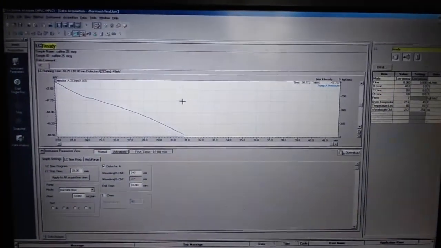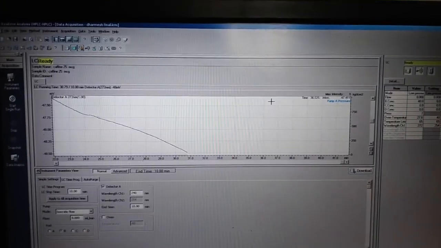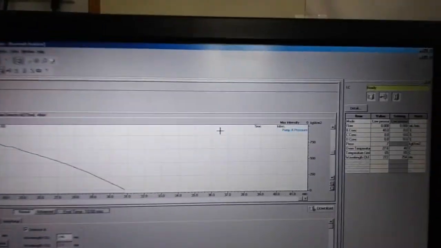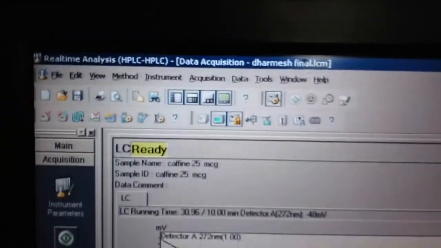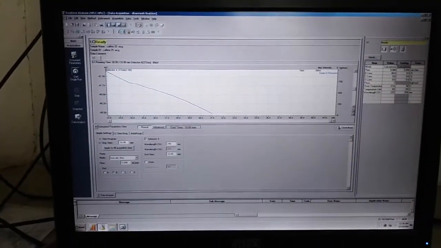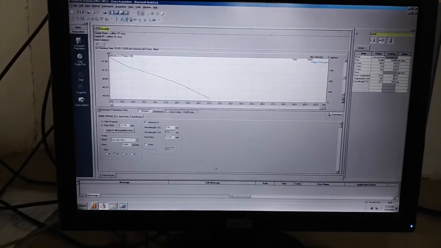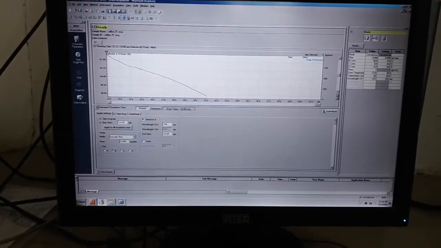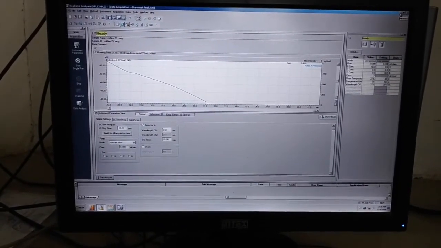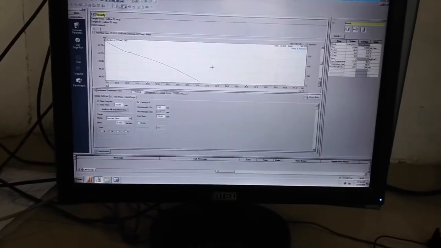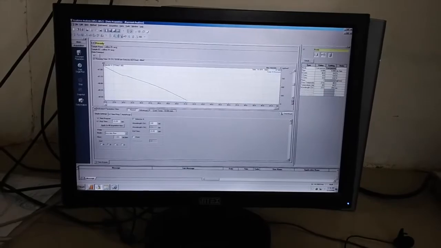In this window, all the parameters are ready, so it shows the ready button. Then you have to give the command single run. So when you click on single run, your instrument automatically starts working on your sample. You have set a run time of 10 minutes.